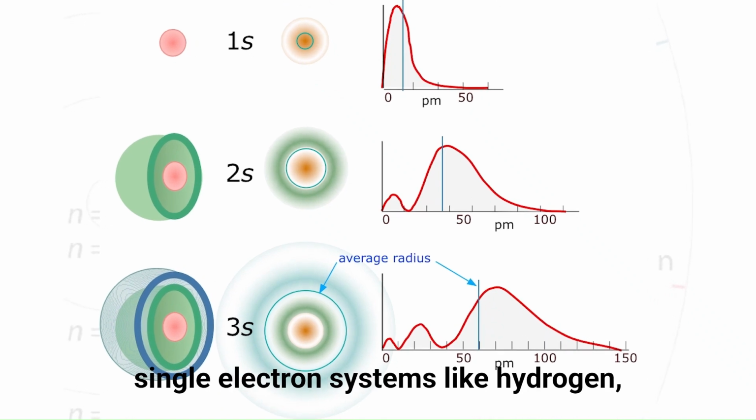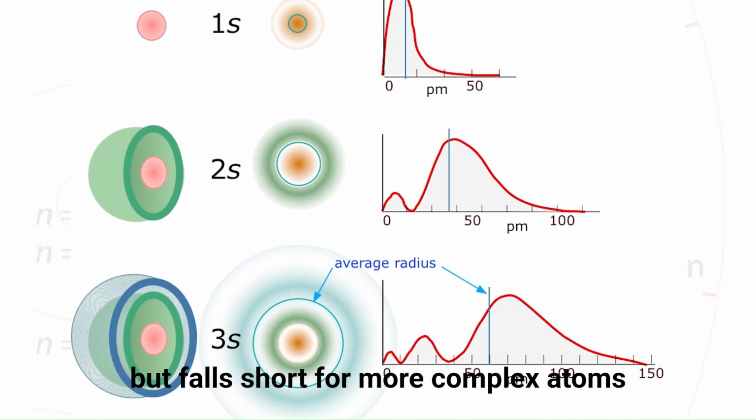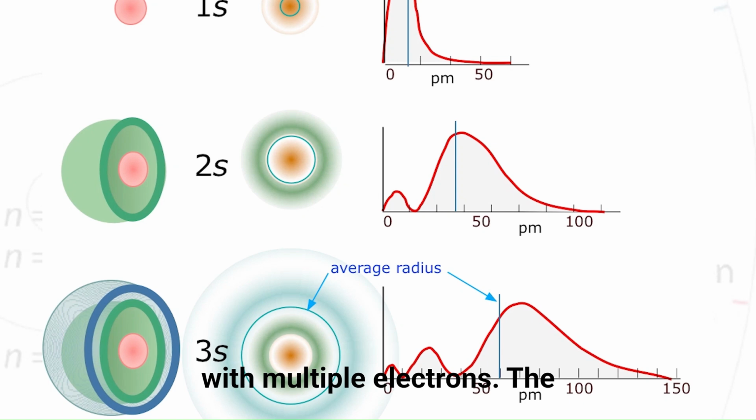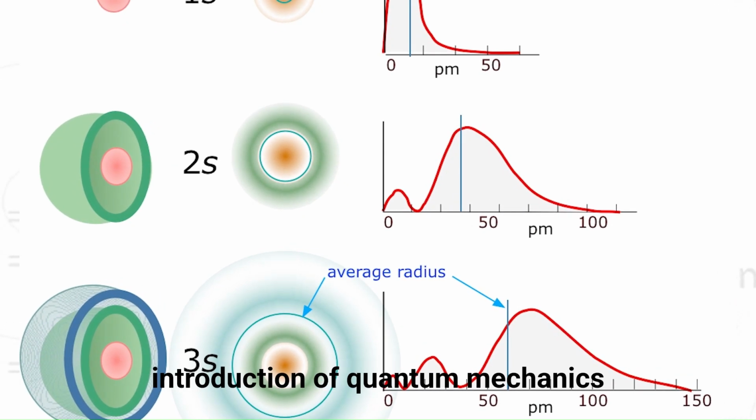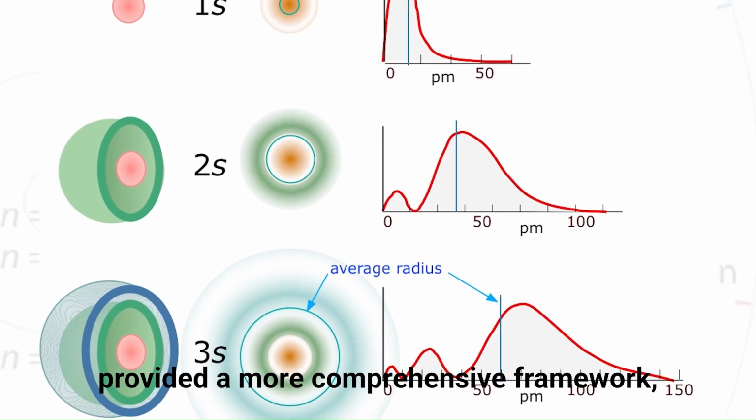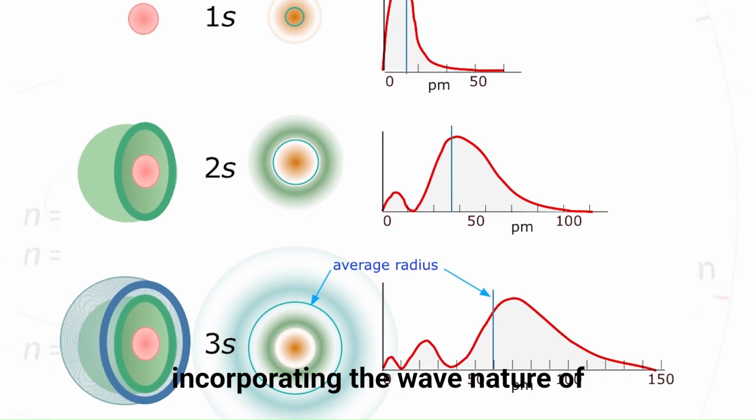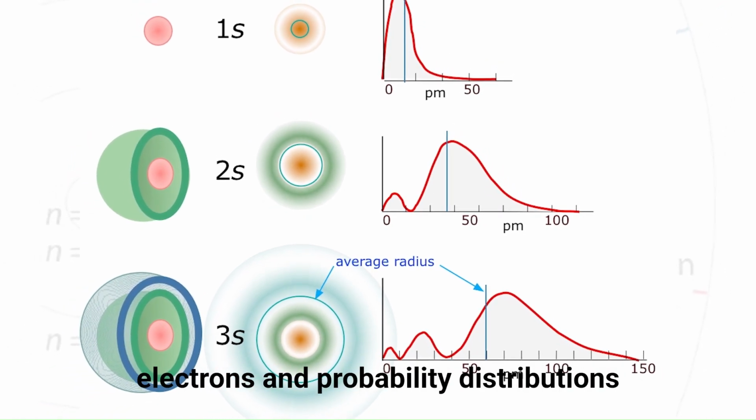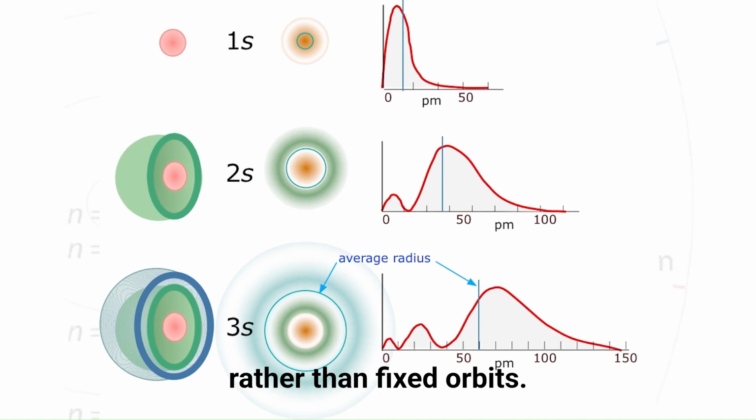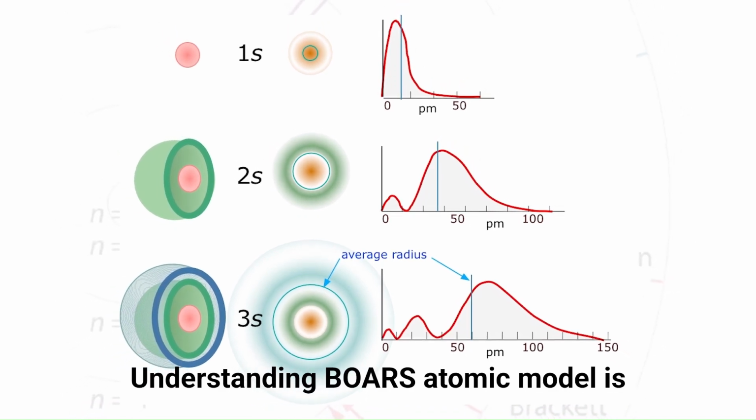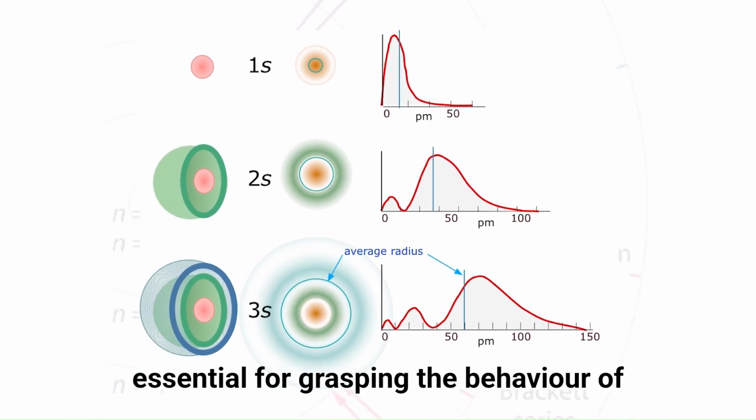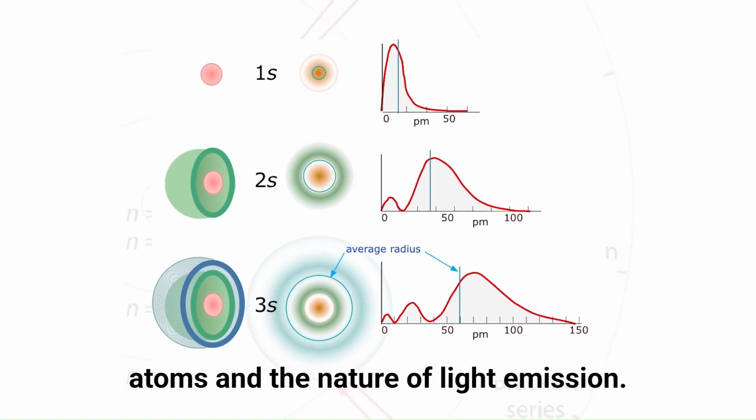It primarily explains single-electron systems like hydrogen but falls short for more complex atoms with multiple electrons. The introduction of quantum mechanics provided a more comprehensive framework, incorporating the wave nature of electrons and probability distributions rather than fixed orbits. Understanding Bohr's atomic model is essential for grasping the behavior of atoms and the nature of light